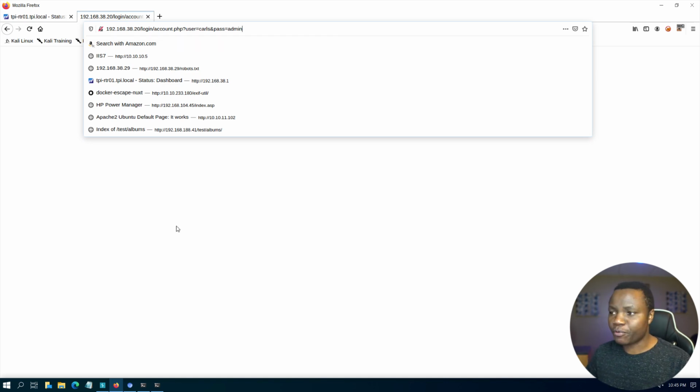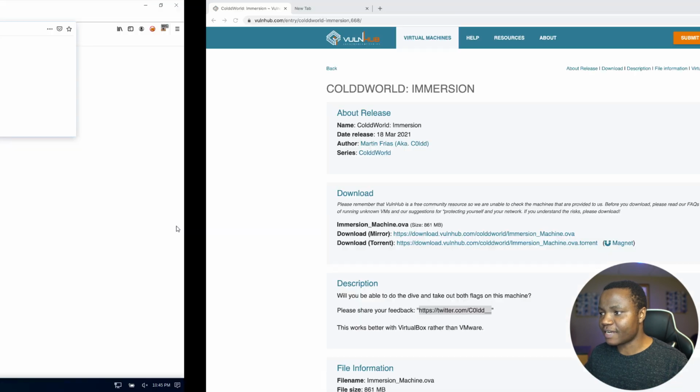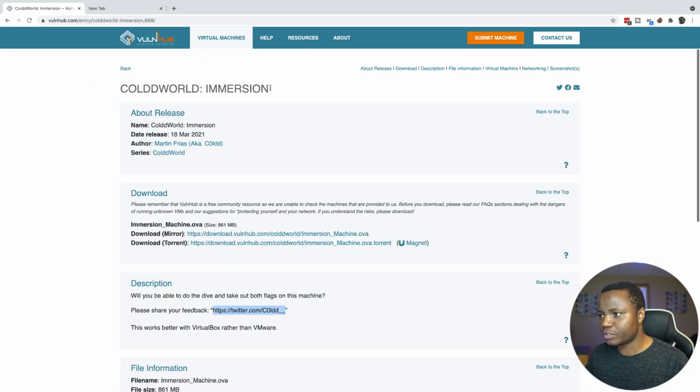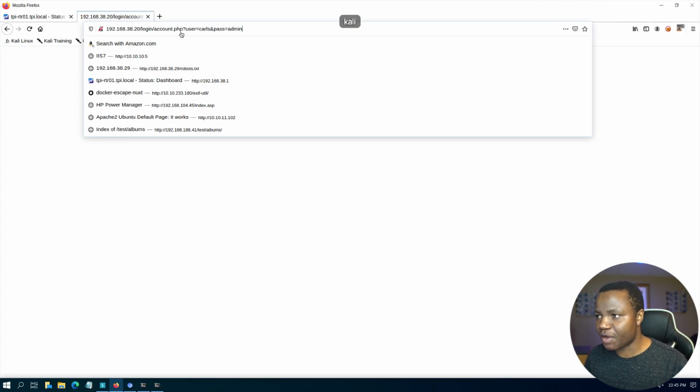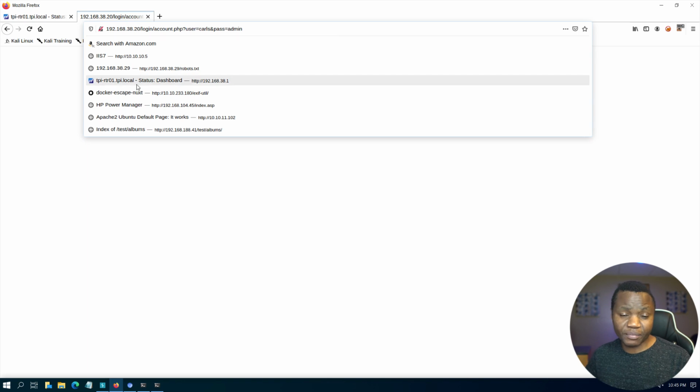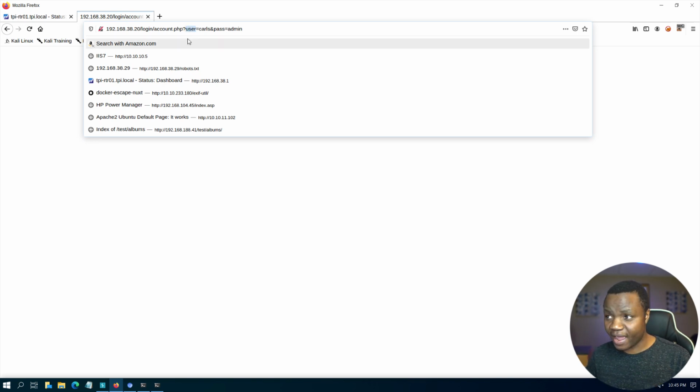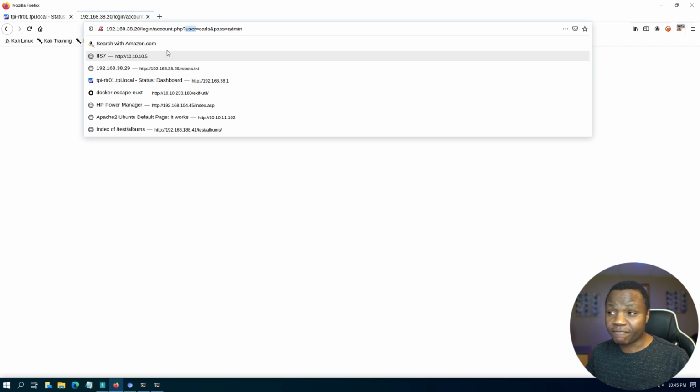I see we have more people here. And if you just joined us, we are attacking a machine from Vulnhub called Immersion. It's a simple machine. And right now I just found out that I might have local file inclusion here. Best thing for me to do is to test to see if it's actually vulnerable. And it doesn't look like it's going to be the user parameter. Since I want to access the file, what I can do is fuzz this for LFI using Burp. So what I would do is I'll copy